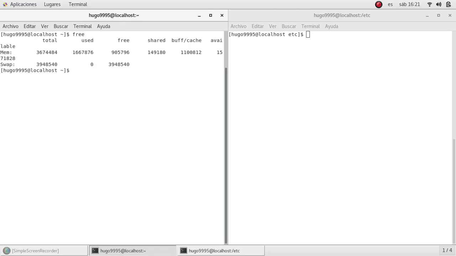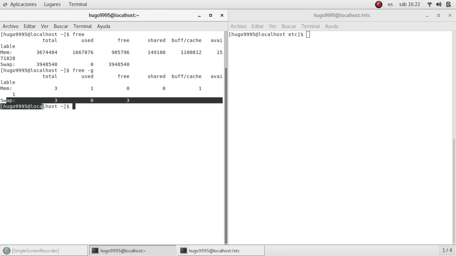Free will tell me the current state of the RAM memory in the machine. Let me use the flag G. So here it tells me that it has 3 gigabytes of total memory. 1 gigabyte is used. It has some in buffer and cache, and also we have a swap memory of 3